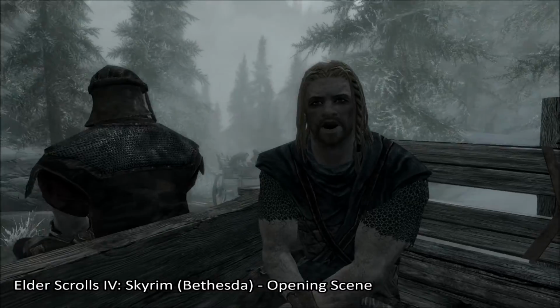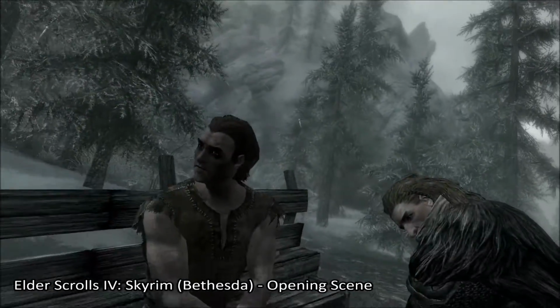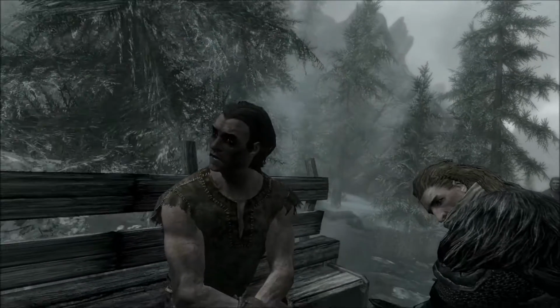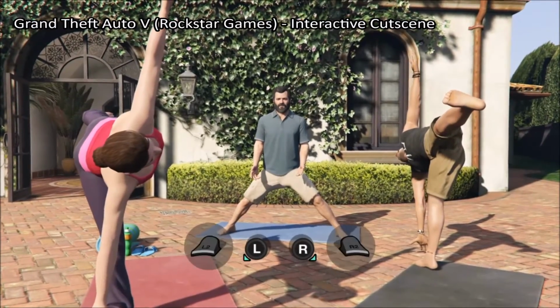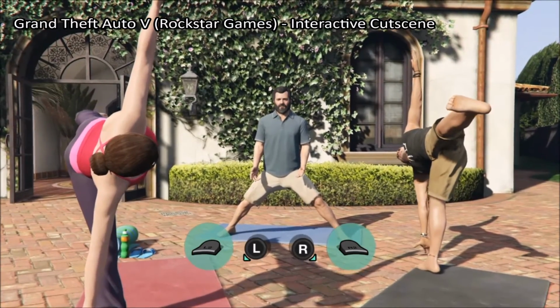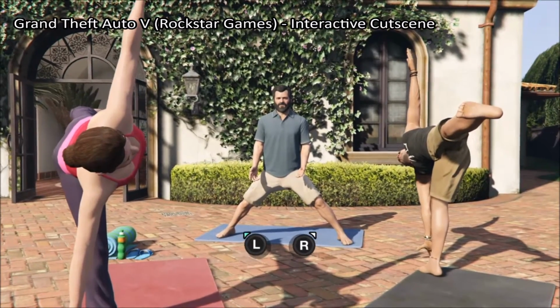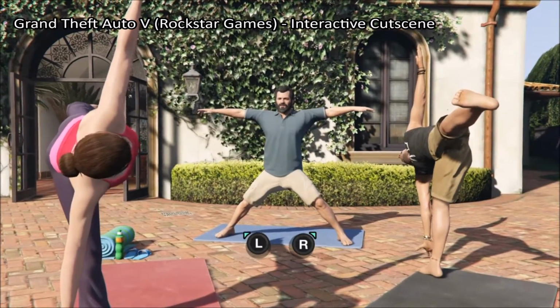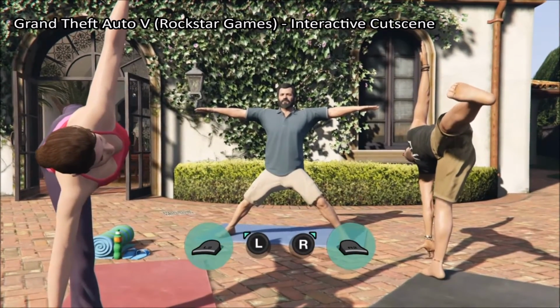Serving as a middle ground between the cutscene and gameplay is the interactive cutscene. These are actions and scenes undertaken by the player that allow for a mix of player input and controlled exposition. A QTE, or QuickTime event, is an example of an interactive cutscene where players are prompted to perform simple actions with keys, buttons, or joysticks to carry out complex actions that have no consistent and dedicated input in the game.